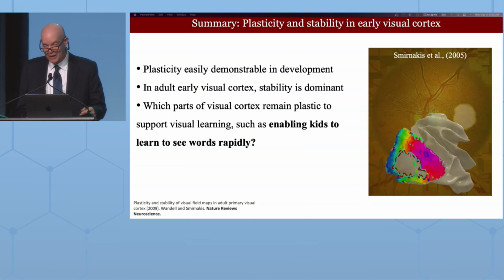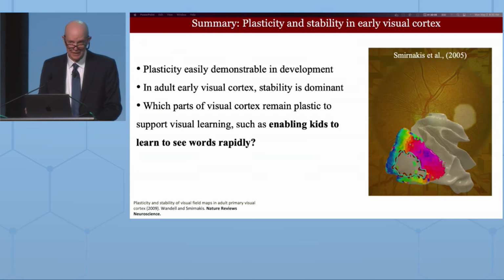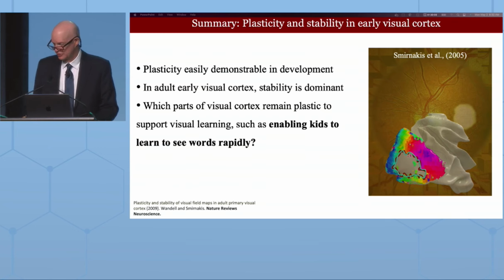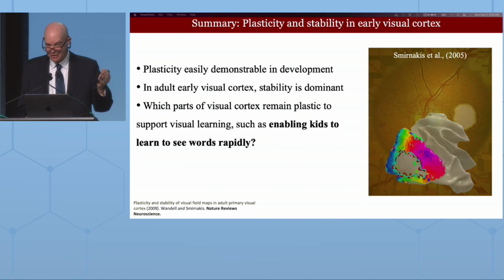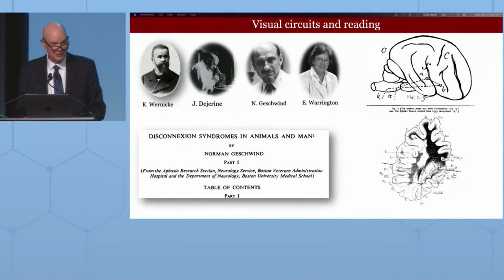So this raises the question, because we all learn to see new things, we learn to recognize new things, and one of the things that kids learn to see all the time are letters and words. And so the question is, well, where is that happening? How is the visual signal that comes in from the retina and primary visual cortex, how is that then learned by the reading centers of the brain, and where do those signals go? And I was, in any event, interested in understanding the connection between the visual signals that we encode and things that we think about and do and so forth. I am, after all, in a psychology department.